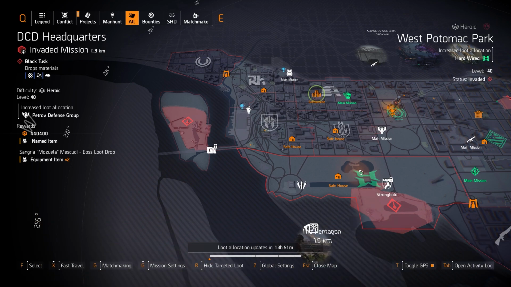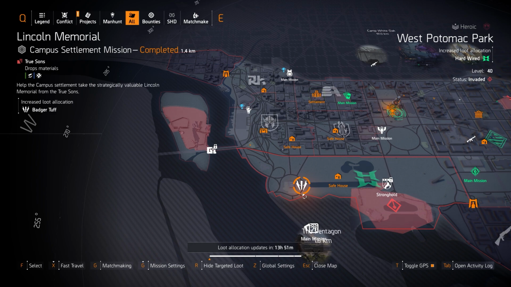And then of course the Force Multiplier backpack with Perfect Combined Arms, rolled with skill haste and skill damage on everything, is probably the best way to run an assault turret and striker drone build, especially for those tough legendary missions. For regular targeted loot, we got Badger Tough at Lincoln Memorial, so if anyone needs that Ofs chest piece